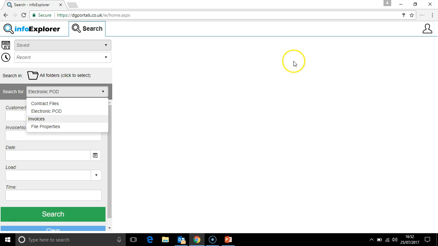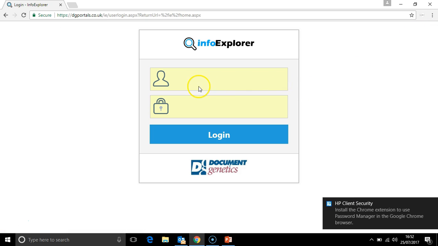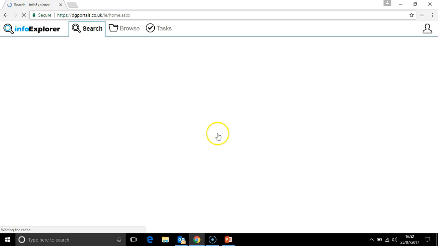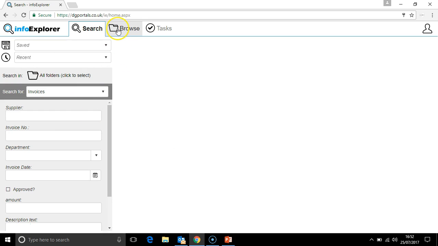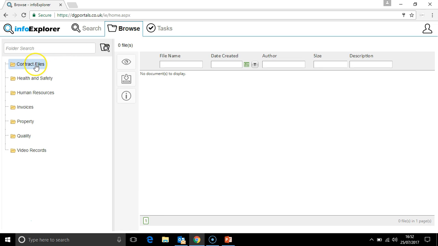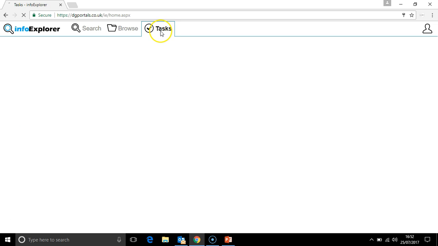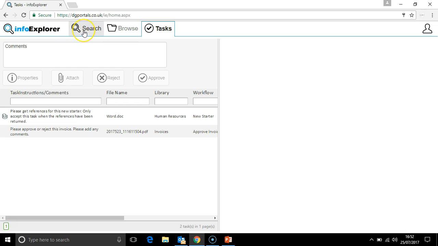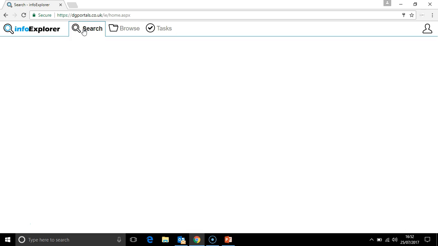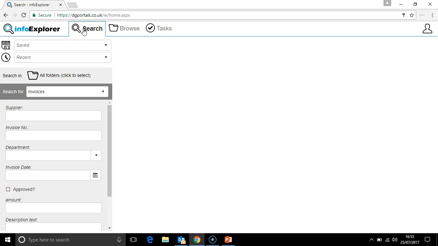But we can give different permissions to different users. So if we log on as a slightly different user with slightly different permissions here, you can now see that we've got three tabs. They can browse through libraries, and we've also got some workflow tasks. So we'll cover each of these different tabs in turn. So firstly, these are the libraries we have access to,